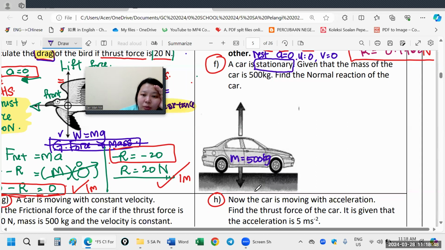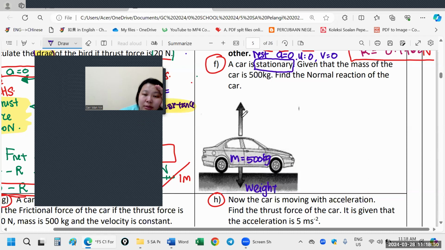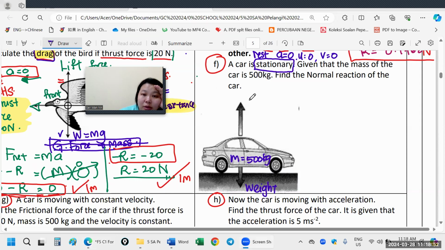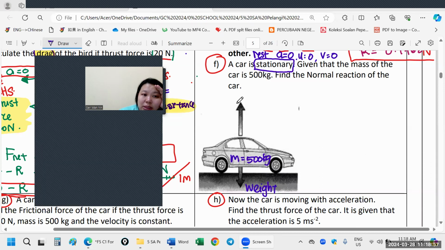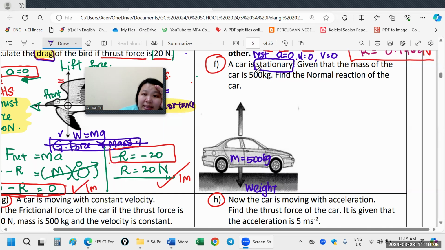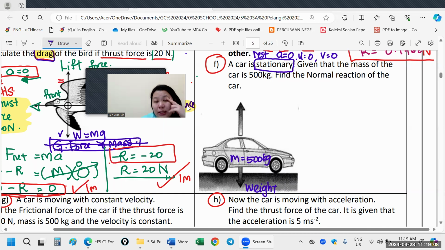Yeah, actually it's weight. And what is on the top? Upwards. Frictional force and weight. Okay, when a car is stationary,